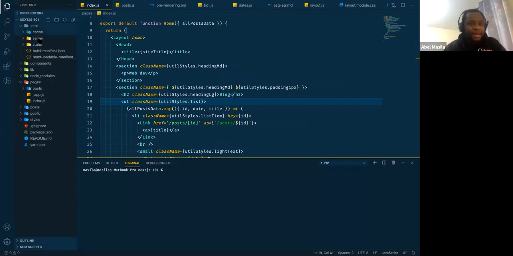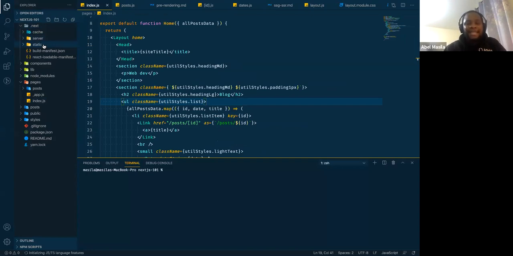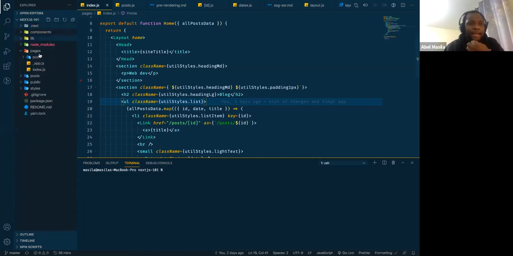We have a server directory and a static one. I told you static rendering is the most recommended way to do your SSR applications. And it's really nice because you build everything, and then you can see it on the client. So these are simple applications, still using SSR. I wanted to highlight something.